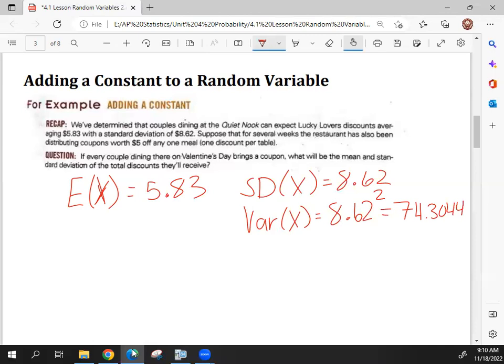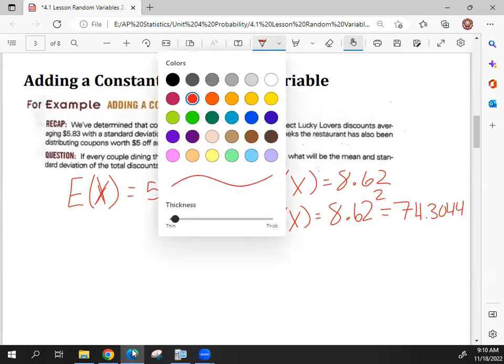And so in this example, there was a $5 coupon that you could also bring in. So there was the potential of getting the discount when you draw an ace of hearts or an ace of diamonds. And now we have a $5 discount. So this $5 discount, you don't have to do any drawing the correct ace. You just get the discount if you have the coupon. So this is a constant discount. So we are adding a constant to our random variable. And so in order to do that,